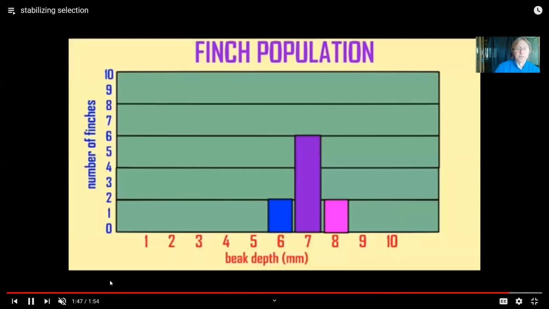greatest offspring. And so if you were to look at the finch population, if this middle group was the one that was most able to find food, then the next generation would probably repeat that, the majority of finches would have the average size bill. And this population would tend to keep this distribution of traits. So this is what we would see, say, if stabilizing selection was operating. So a graph like this could represent, once again, stabilizing